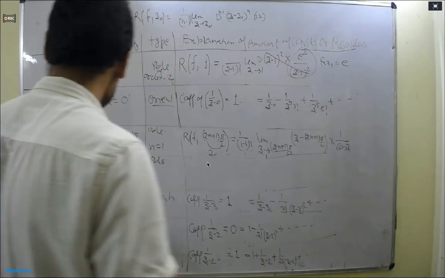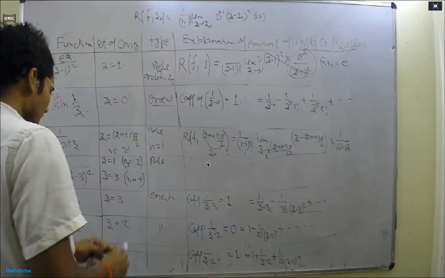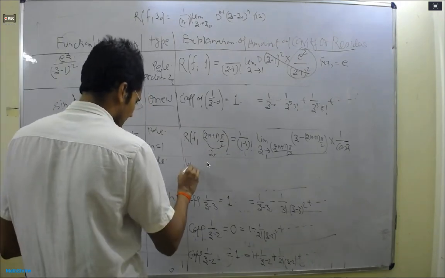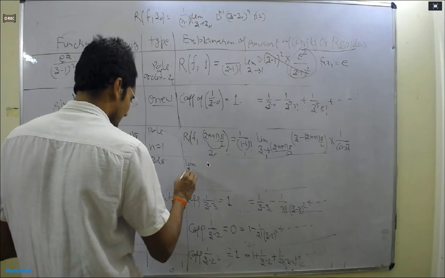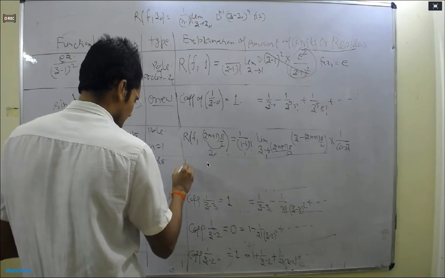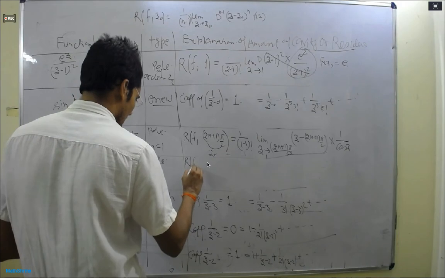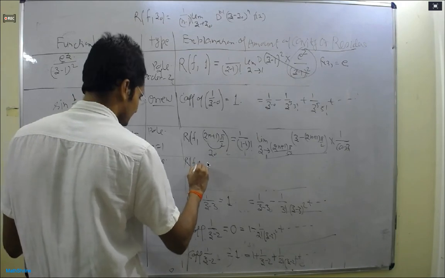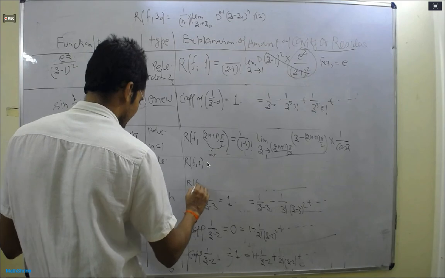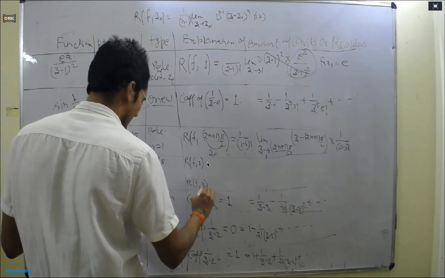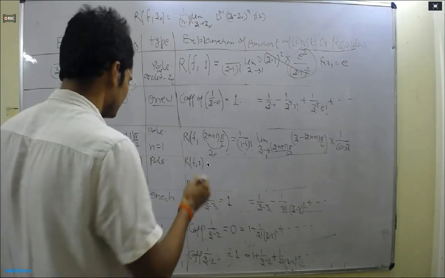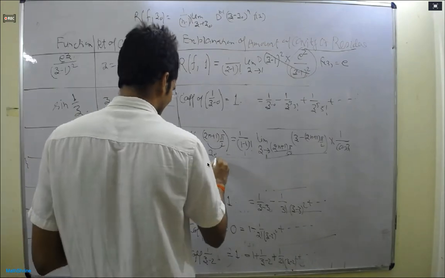The residue of the function at 1 and the residue of the function at 3. n is equal to 2, n is equal to 4 is given, so put the formula 1 upon 2 minus 1 factorial